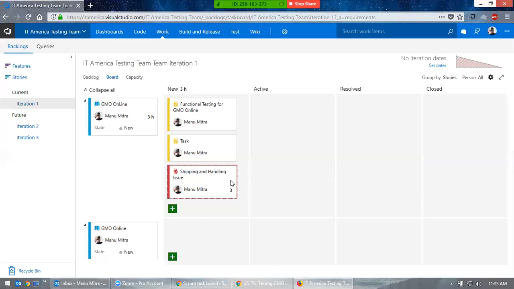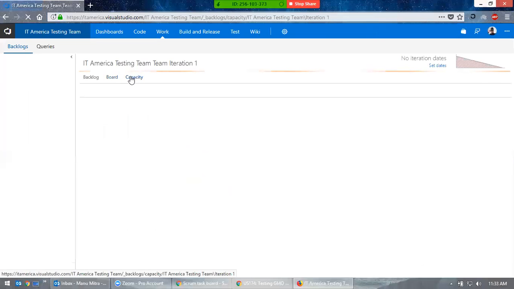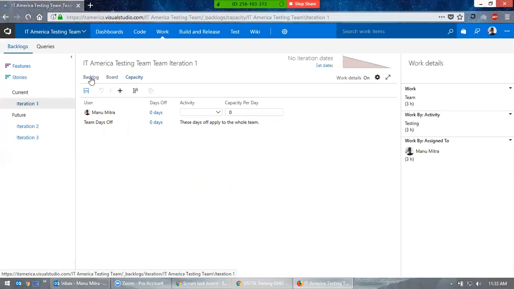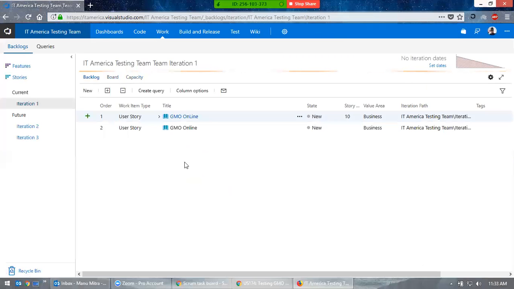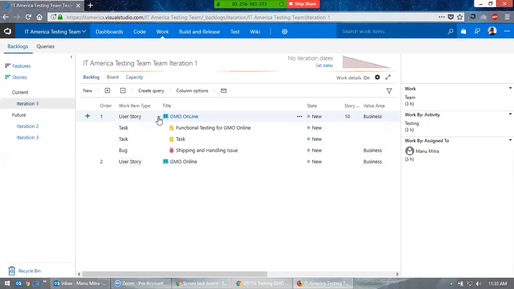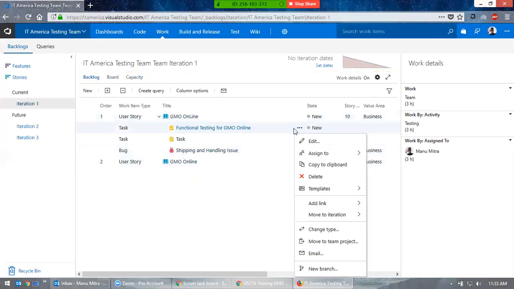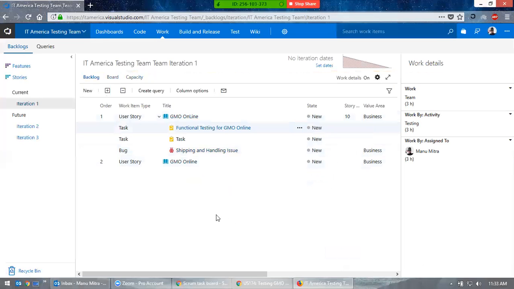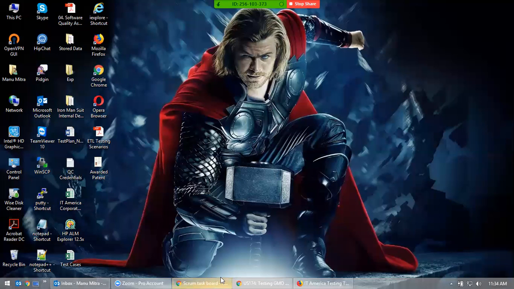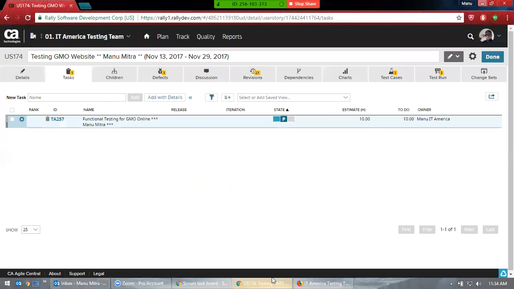Okay, so this is the Kanban process, and let's see here. So this is just a board. You can see as a backlog item. Let's say if you see as a backlog item, the similar things you can change it right from here. Not necessary you have to go to the board and change it. You can move right from here. Okay, so this is about TFS. Any questions so far?